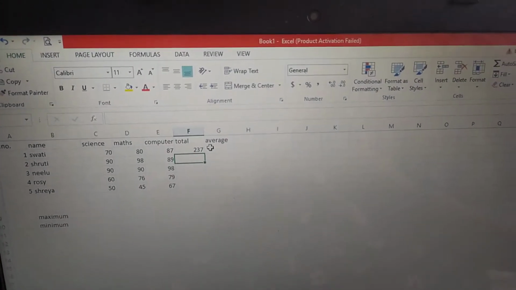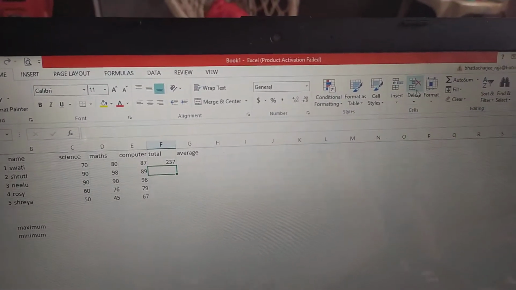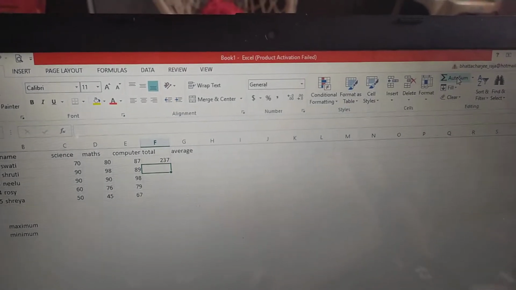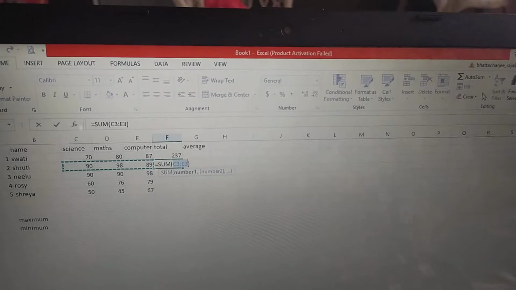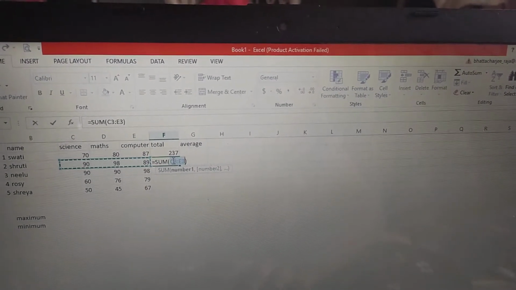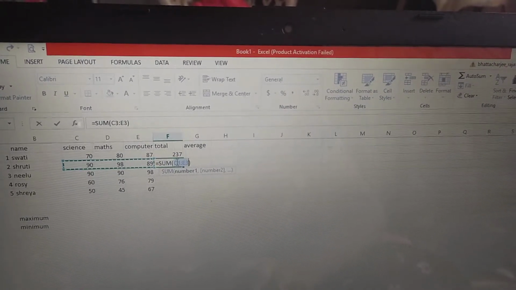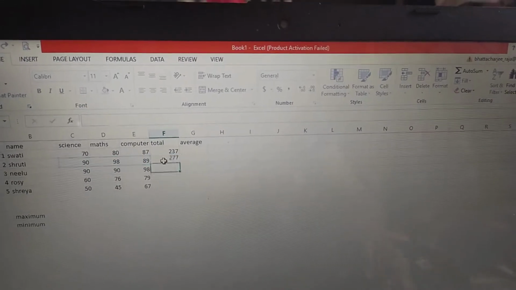Let us do another row. Second one, yes. See, again the range is taken from C3 to E3 and the sum is shown.